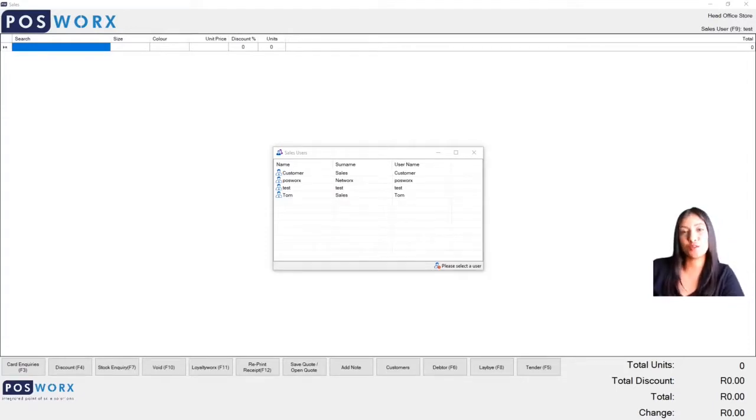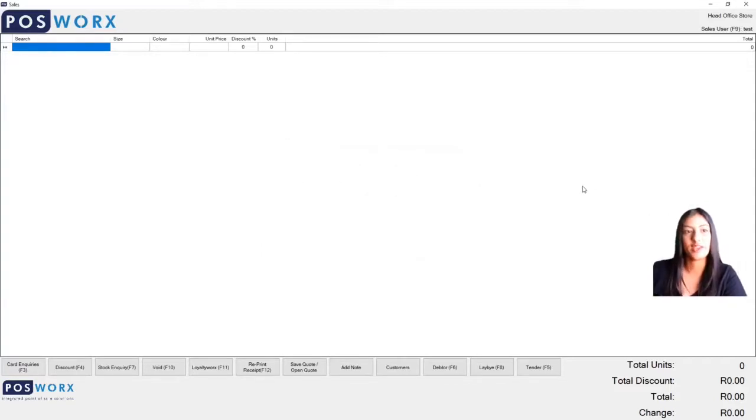Today I'm going to show you how to do returns. I'm going to log in using my fingerprint reader, and I'm going to show you there are two ways in which you can do a return. I'm going to show you the first way. The first way you can do a return is by scanning in the item or items that the customer is now returning. So I'm going to scan in one item